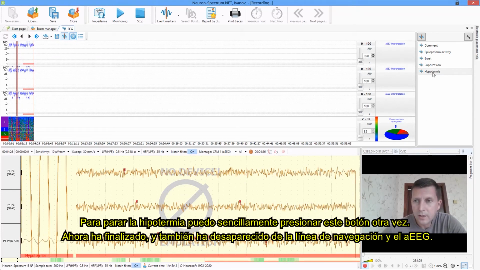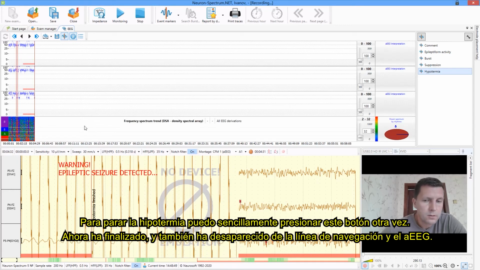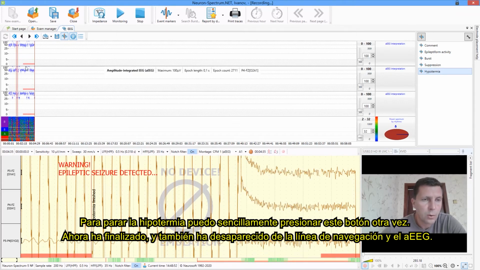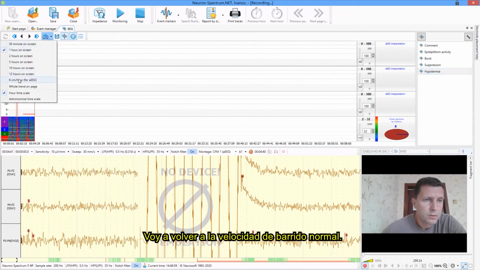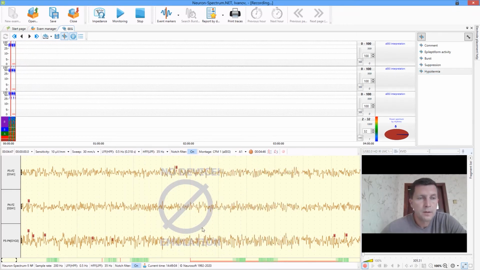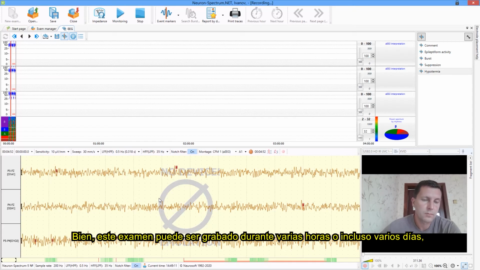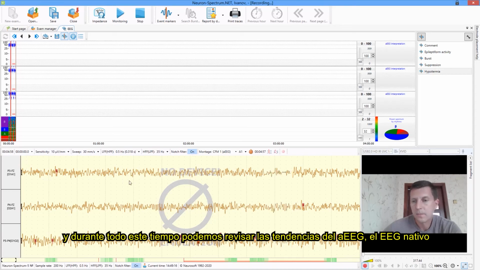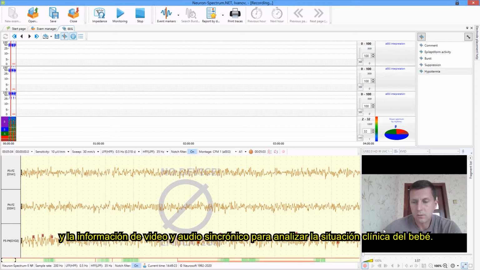To stop hypothermia, I can just press this button again. Now it is stopped, and also it is stopped in the navigation line and on our AEEG trends. I will return to the normal sweep speed. So this examination can be recorded for several hours and even several days, and during all this time we can review AEEG trends, native EEG, and synchronously recorded video and audio information